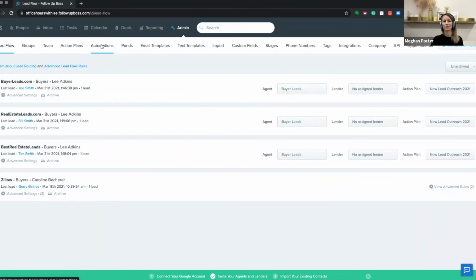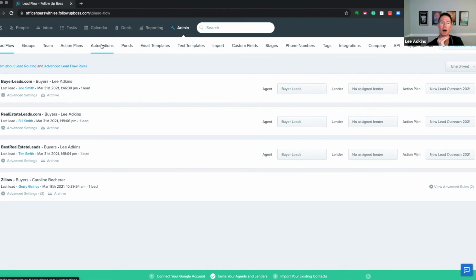Okay, automations are pretty simple, actually. I think a lot of people are confused a little bit on what automations are. They are a newer feature as well. An automation is a specific set of triggers that can happen. It's a little bit like Zapier, if you're familiar. And what they do is they trigger an action plan.